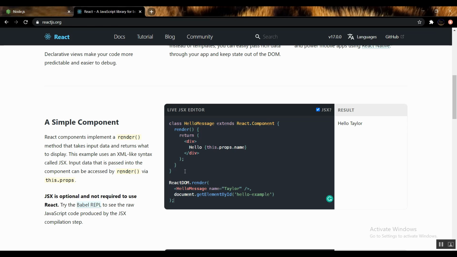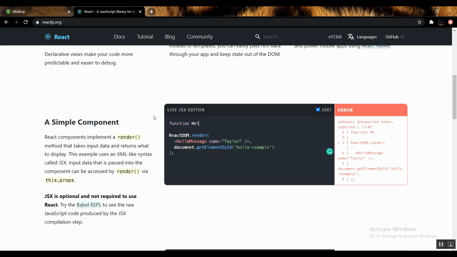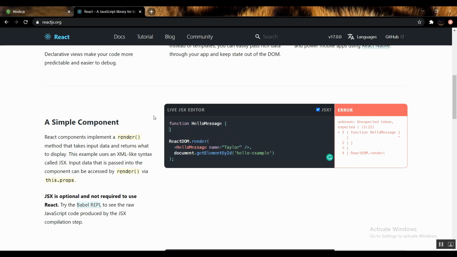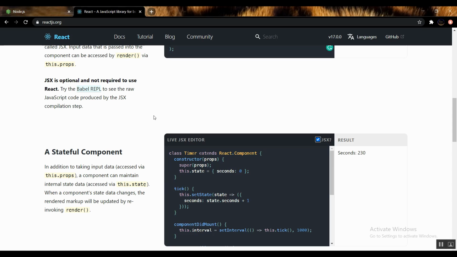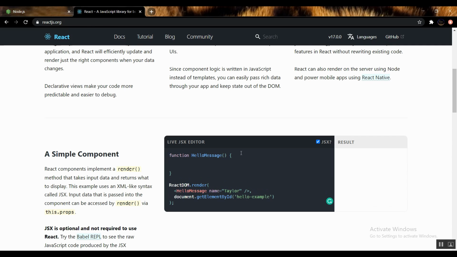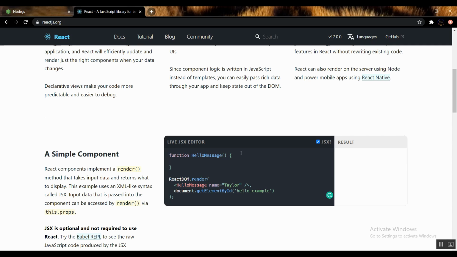So I want to generate a function component. I'm just going to type function HelloMessage. Oh, is it like this? Hopefully it's like this. Oops, I think I forgot the parentheses. I forgot if there are parentheses or not. I think there are parentheses. Now what I'm supposed to do is, I can tab over here. Ooh, that's nice. Okay, so what I'm going to do is return